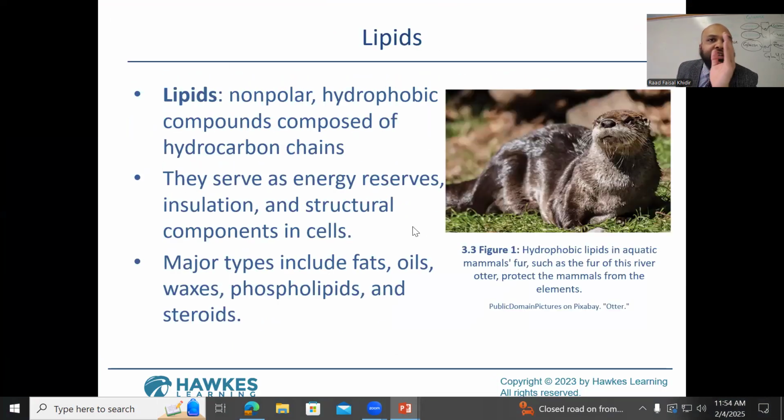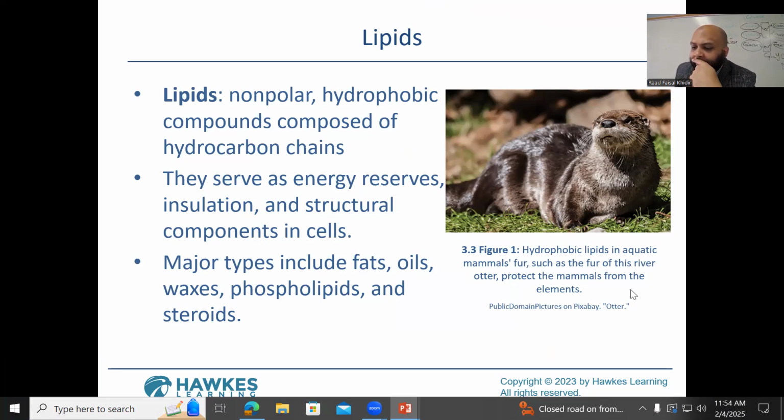So now we finished with one macromolecule, the sugars. Now we're going to move into the lipids. Lipids are non-polar, so they don't dissolve in water. They are hydrophobic compounds composed of long hydrocarbon chains. Hydrophobic lipids in aquatic mammals, such as the fur of this river otter,